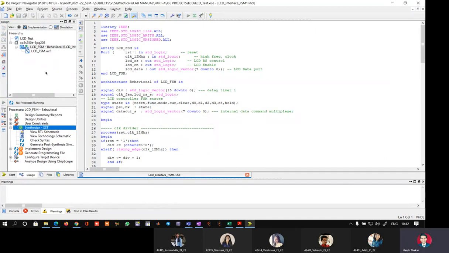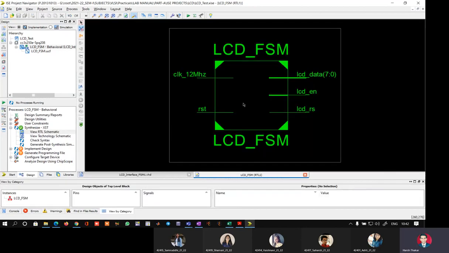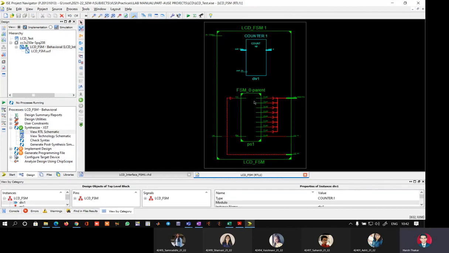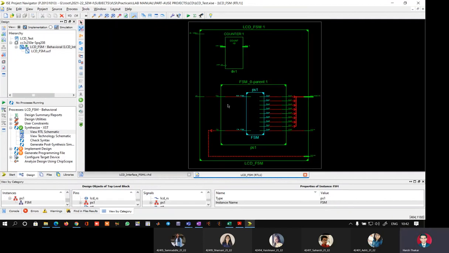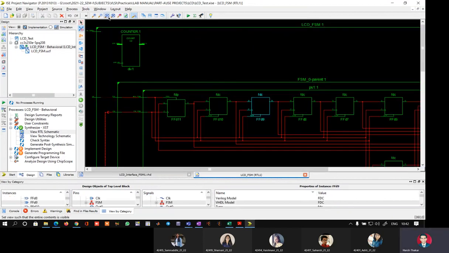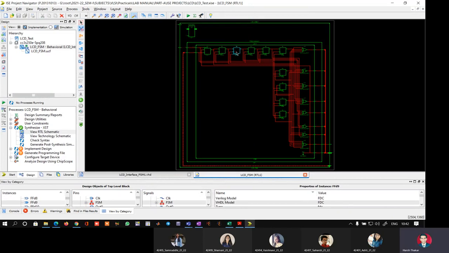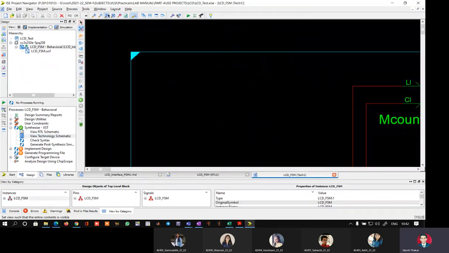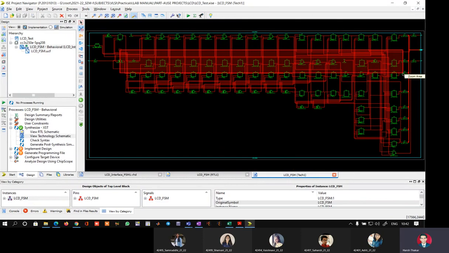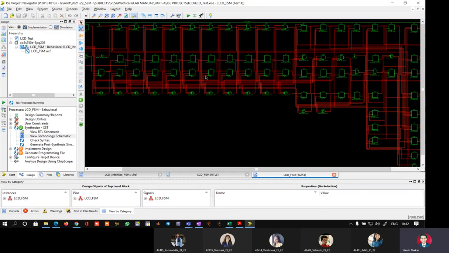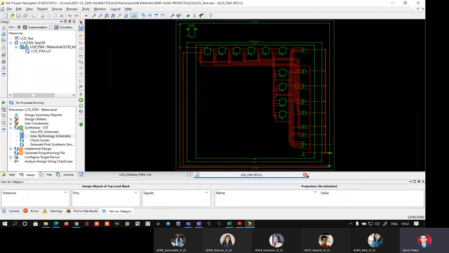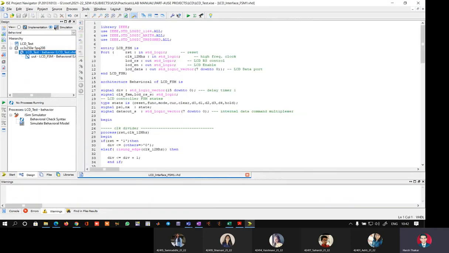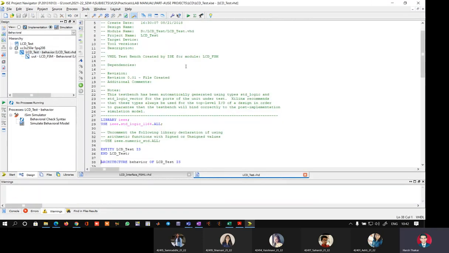It is synthesized. If you see the RTL schematic, you go inside and we have counters and some logic. Inside, okay. There is nothing below this. Technology schematic. Go inside, zoom to full view, and we have a whole network of LUTs and gates. Close this, close this. Go to simulation mode, open the test bench.